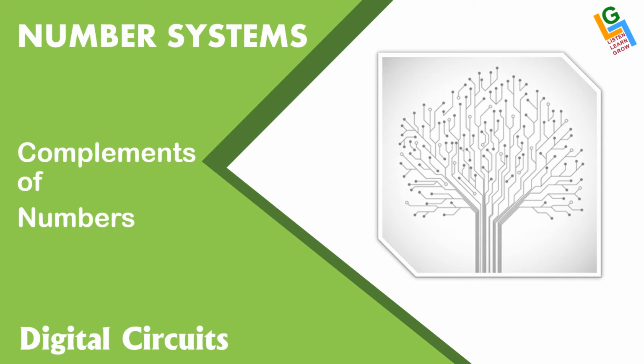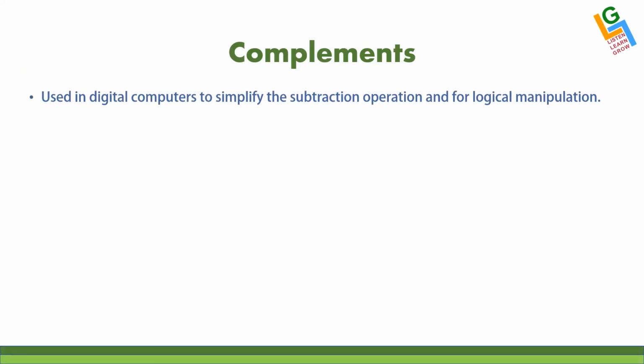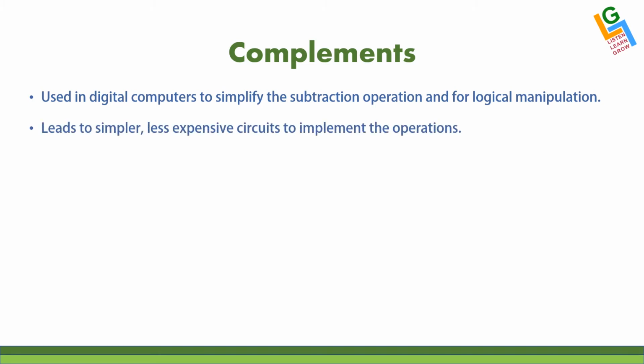Number systems, complements of numbers. Complements are used in digital computers to simplify the subtraction operation and for logical manipulation. They lead to simpler, less expensive circuits to implement the operations. There are two types of complements for each base R system: